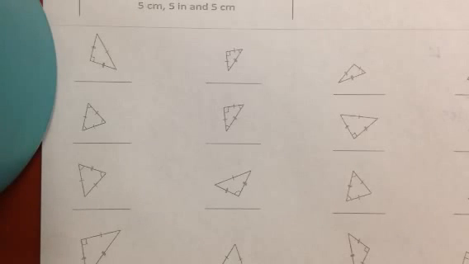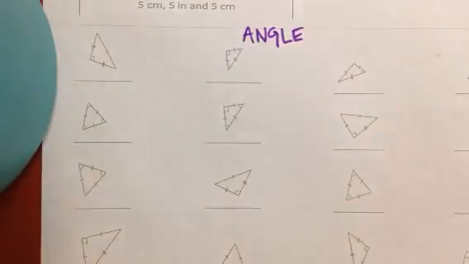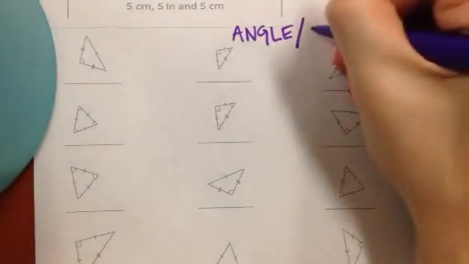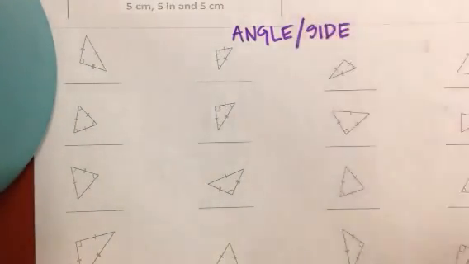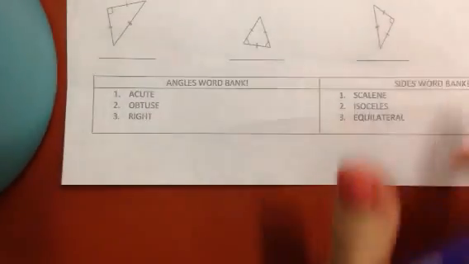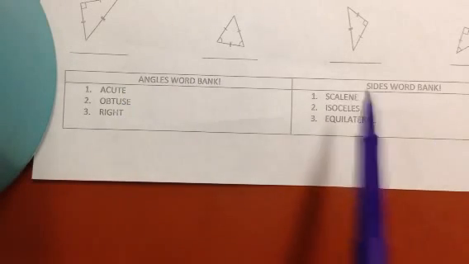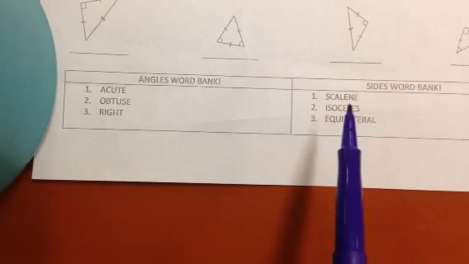I hope you've checked your work and you've gotten some really nice checks to work on. Let's go to the bottom here. It's time to put it together. First, we're going to classify triangles by their angles. And then we're going to use our math vocabulary and classify it by their sides. So there's a word bank down here for angles. Remember, we have acute, obtuse, and right. And for sides, we use scalene, isosceles,